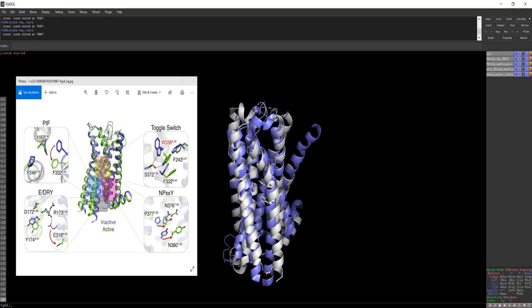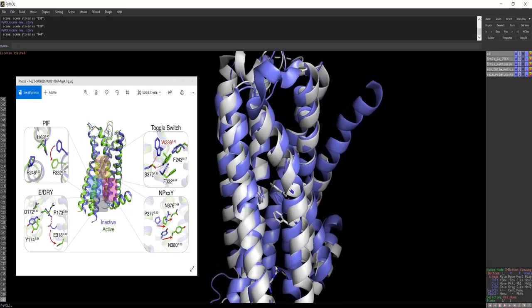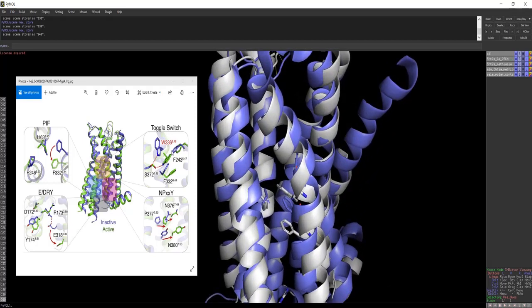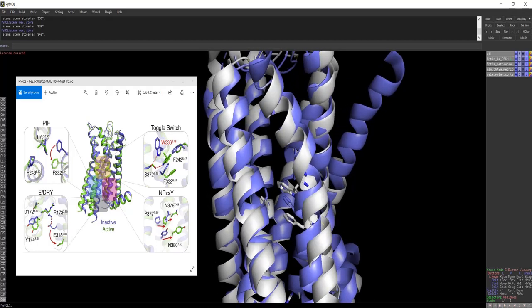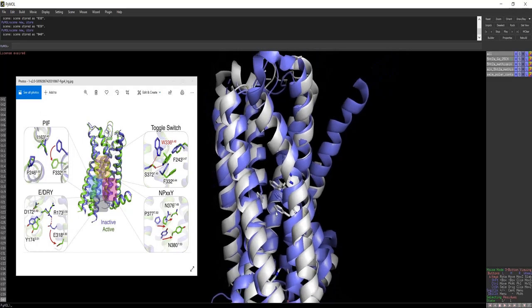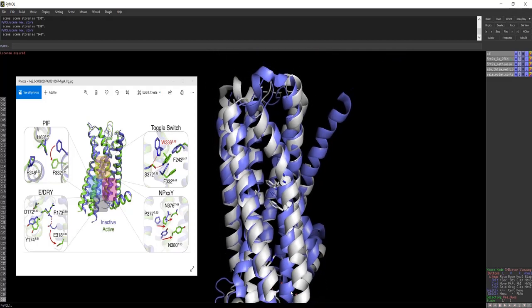5-HT2A, like all other GPCRs, has a similar mechanism of activity. And we will first focus on the rearrangement of the toggle switch tryptophan 336 seen here in the photo and seen here in PyMOL. This is accompanied by a rearrangement in the PIF motif, phenylalanine 332 and isoleucine 163, seen here on the left in the photo. This causes the entire helix to shift to the right,